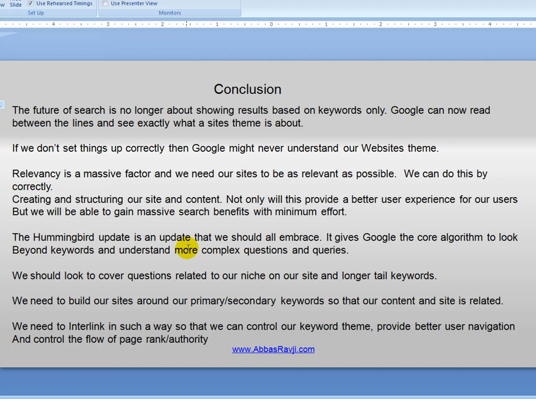Okay, and we need to interlink it in such a way that we can control our keyword theme, provide better user navigation, and control the flow of our page rank and page authority. Again, guys, I promise to cover this in another video tutorial because it is somewhat quite complex. Well, it isn't complex at all, to be honest. Just trying to understand it and explain it is going to be a little complex,